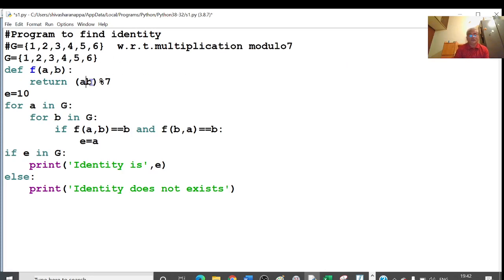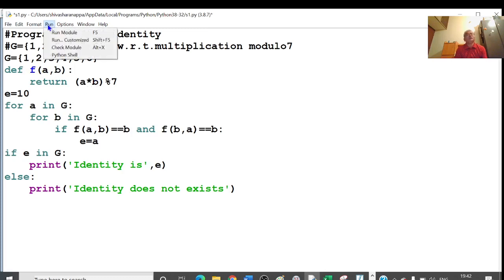Here I have to take multiplication, that is star, and %7. Remaining everything is the same because we have defined the function here. F of A B is A star B %7, and this is B star A %7. Just write the set and this definition. Only these are the two changes here.